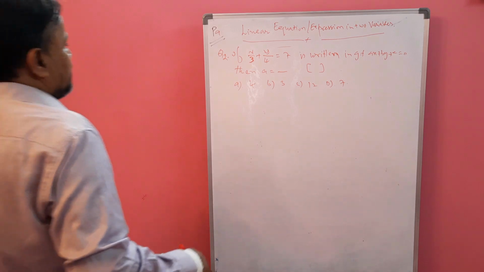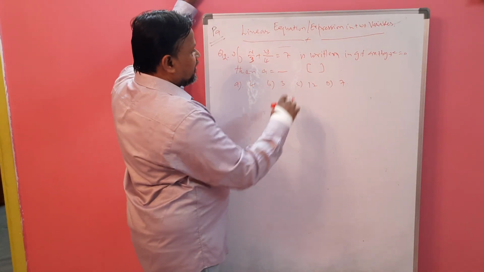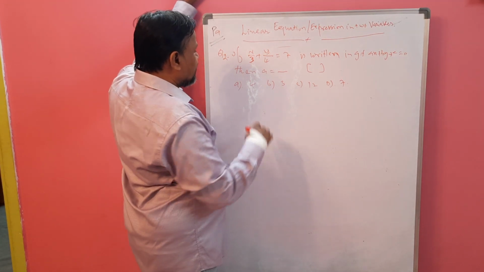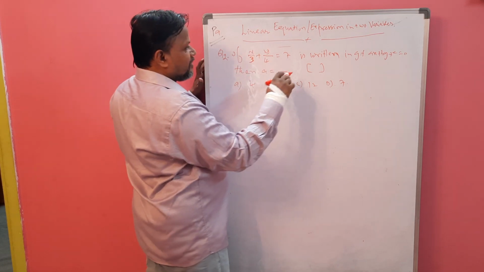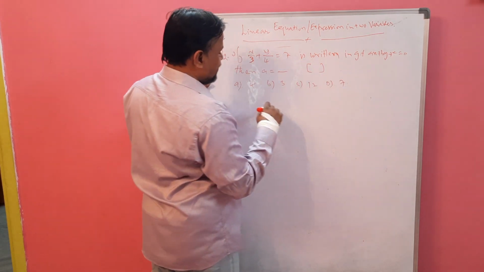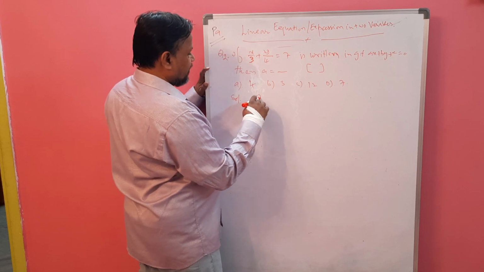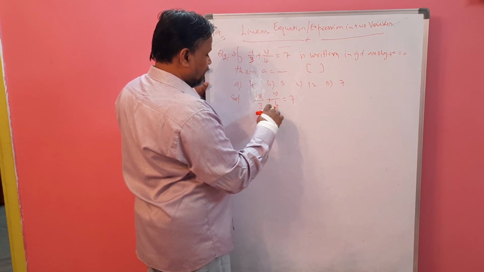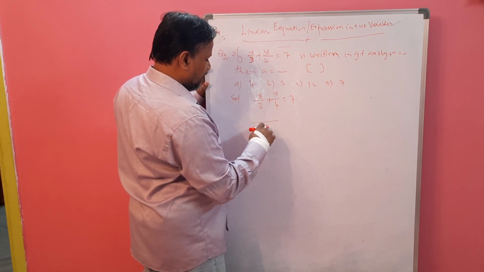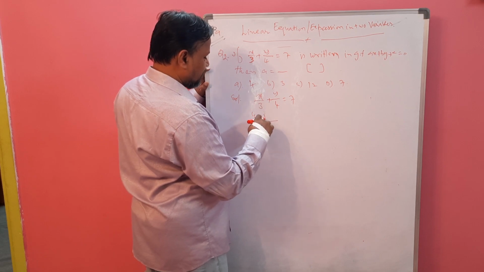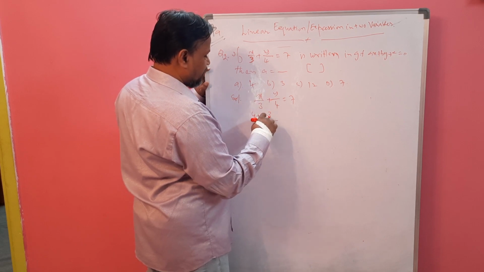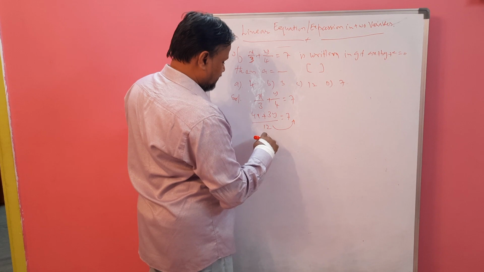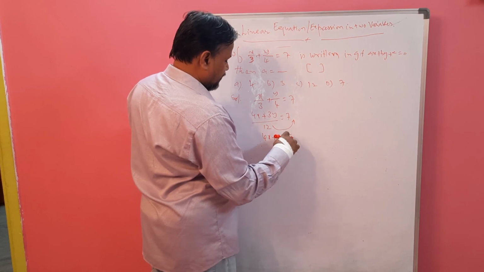Question 2. If x by 3 plus y by 4 equal to 7 is written in the general form, that is ax plus by plus c equal to 0, then what is a? Now make this equation into general form. Solution: x by 3 plus y by 4 equal to 7. Now take the LCM of this, which is 12. This goes to this side, 4x. Divide this, you will get 3 into y, 3y equal to 7. Now this number moves to this side. So this is nothing but 4x plus 3y equal to 7